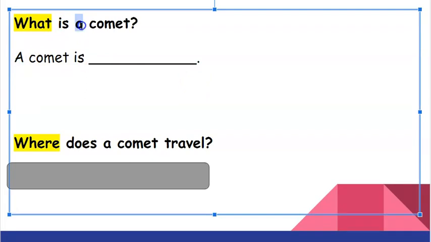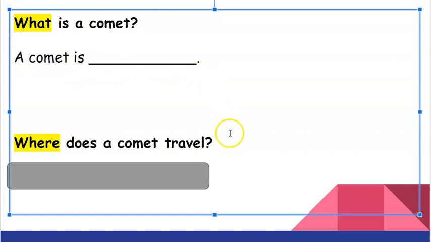A, comet, is. I use those words left from my question to build out my complete sentence. Now I know if I want to answer, what is a comet? I'm going to say, a comet is,